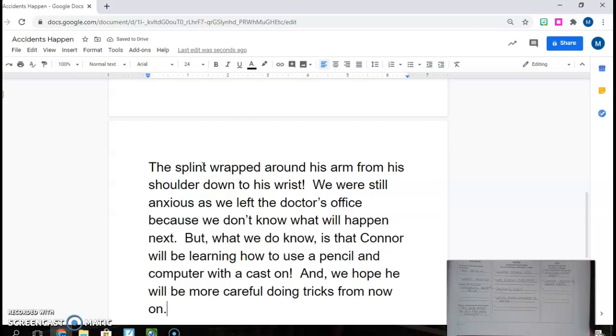And that's my story. Now, I have done the drafting part of my story. Remember when we talk about writing, we do our plan, then we do our draft. The next step is that you're going to go through your story and you're going to revise and edit and add to your story and make it even better. You're going to make sure you include descriptive words, which we'll talk about later this week. And then even later this week, you're going to have the chance to share your story with your classmates by making a Flipgrid. It's going to be really fun.